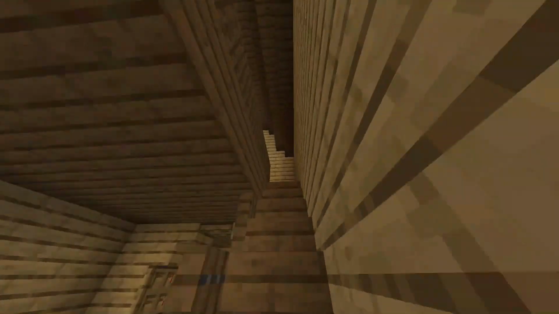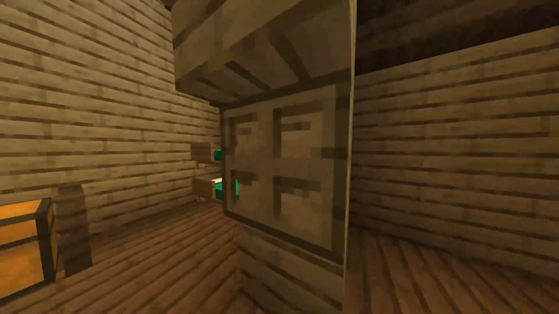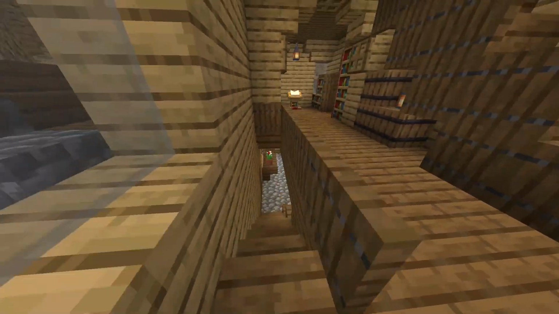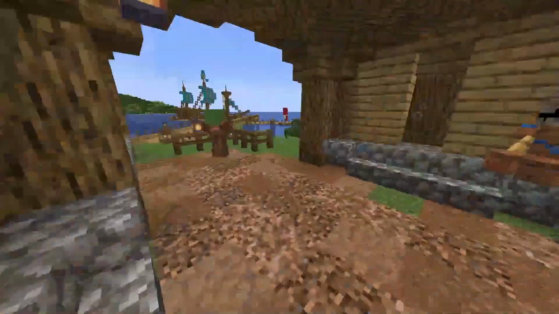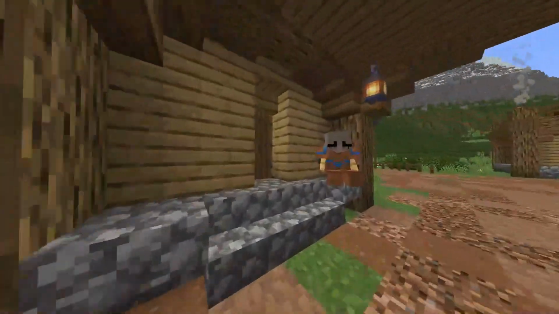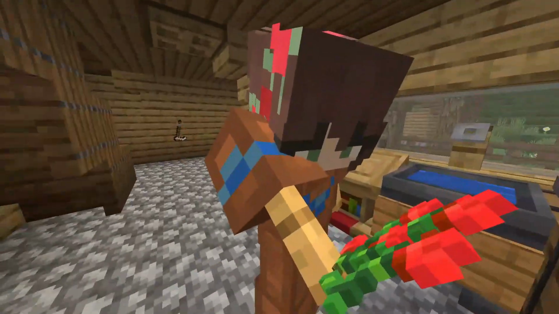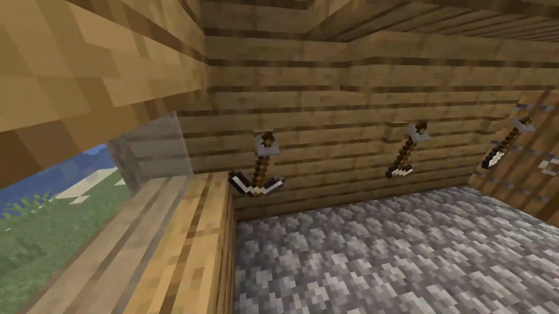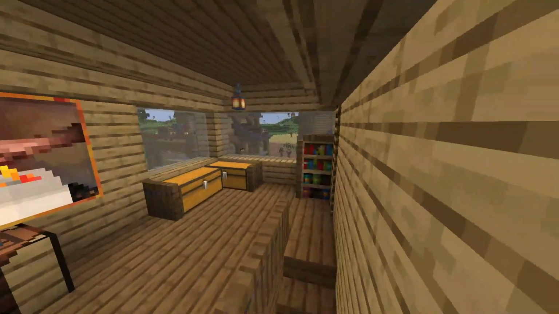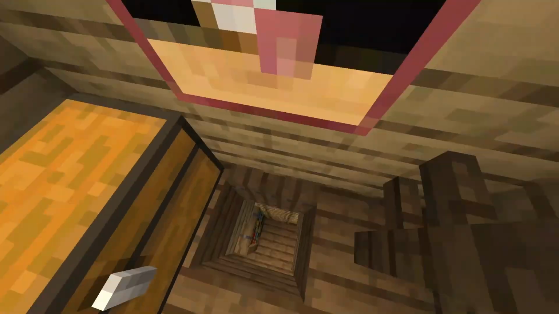Then up here we have some storage of beds. Really cool. Decided to try and add a little bit more story into this build, specifically. Then we got some more armor stands out here. This house, which also has a total of 1 armor stand, unless you count these, because these are technically armor stands, but, you know. The attic, bed up there.